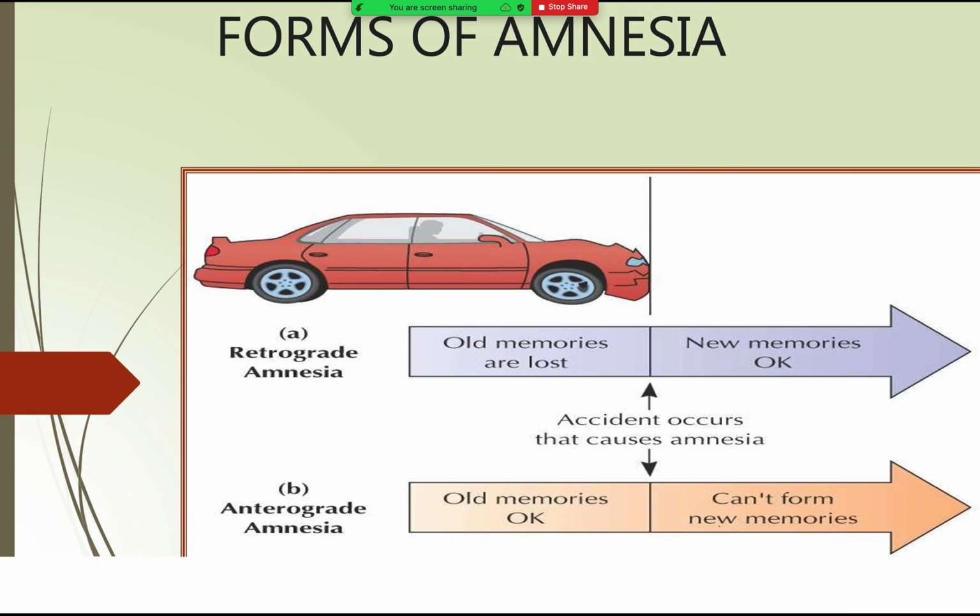As you can see, for example, in retrograde amnesia, new memories will be pretty fine, but one will forget the old memories. In anterograde amnesia, as you can see, the old memories will be fine, but one can't form